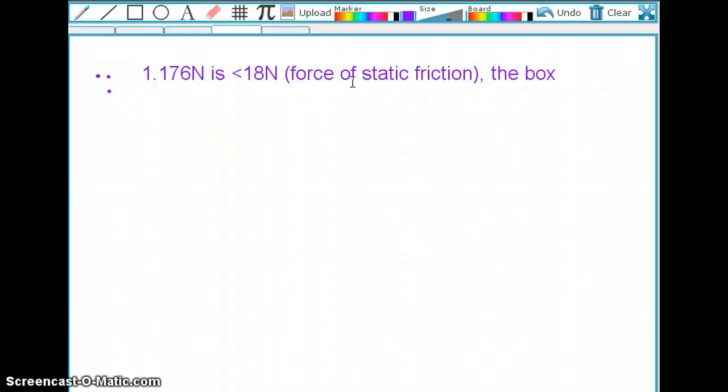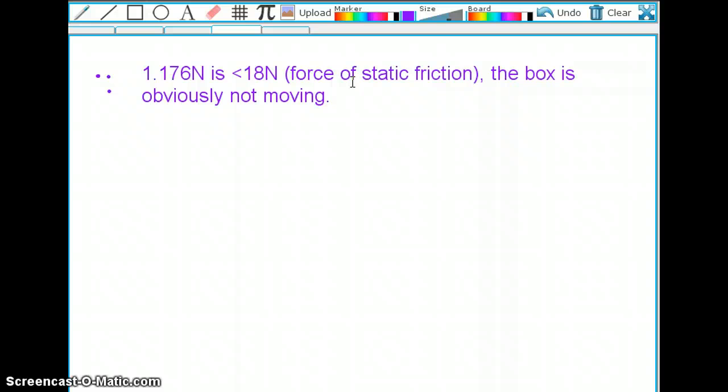The box is, I'm going to write, not moving. But we have a leeway. We can add more weight to the bucket, and the box still won't move. We only have 1.176 newtons pulling on the box, whereas we can have up to 18 newtons pulling on the